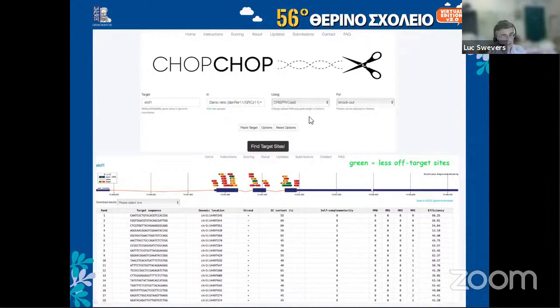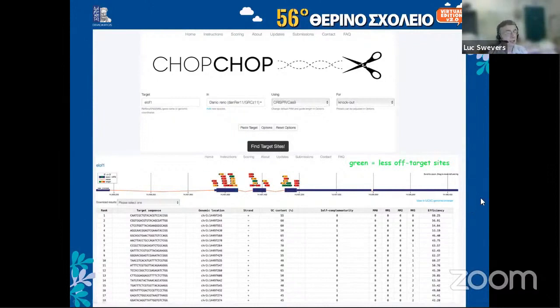The CRISPR-Cas system that you want to use. Here it mentions the most used CRISPR-Cas system is the CRISPR-Cas9 system, and then also your application. Then you click find target site, and then you get a screen like is shown on the slide. You get a picture of the structure of the genome with exons and the introns and the untranslated regions, and